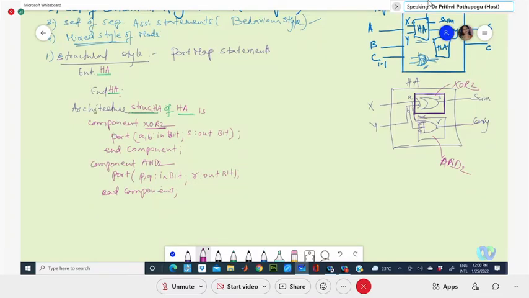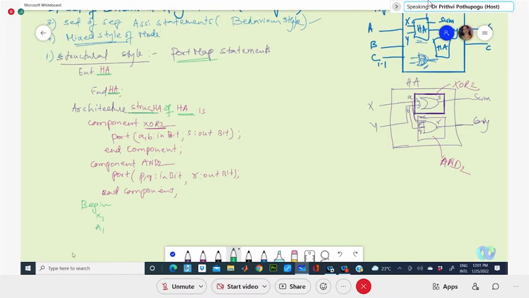Now this architecture will begin. You need to begin the architecture. Now here we have these port map statements used. Just for identification, I'm taking, say, this segment is XOR 1, and this is AND 1.